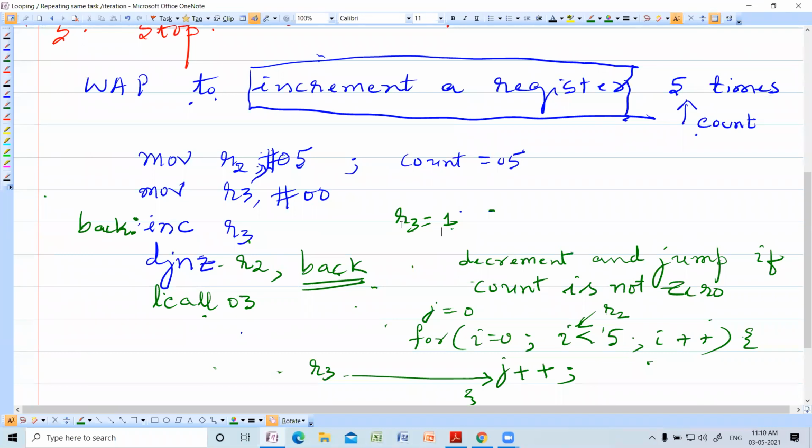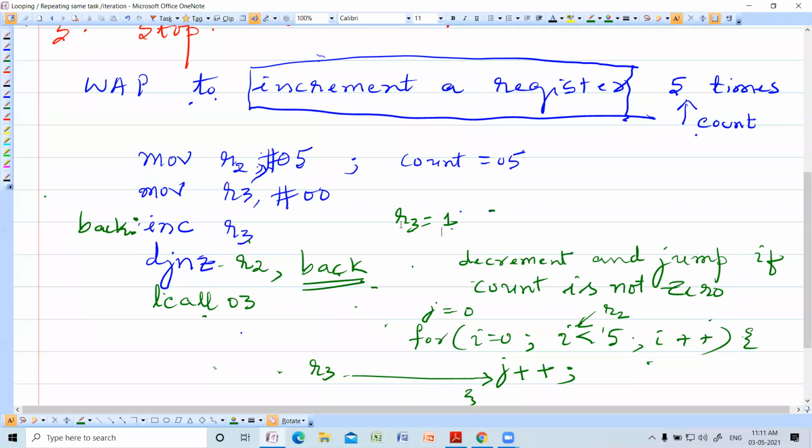Where is the count loaded? The count is loaded in R2. So decrement R2, DJNZ R2, comma, and write the label where the task has to be repeated. Which task has to be repeated? Increment R3. So put back there.